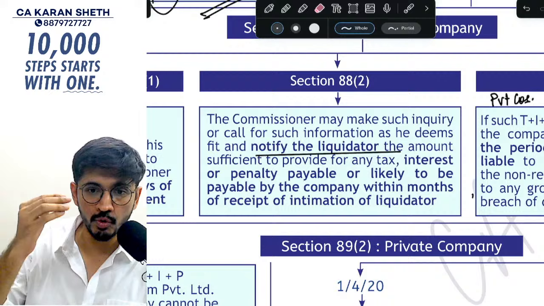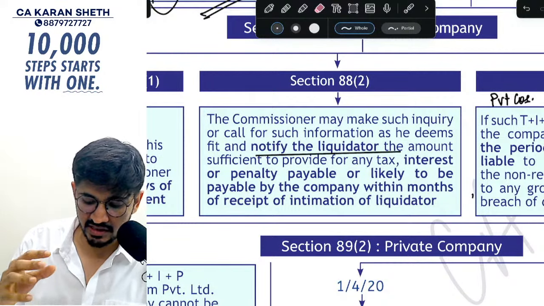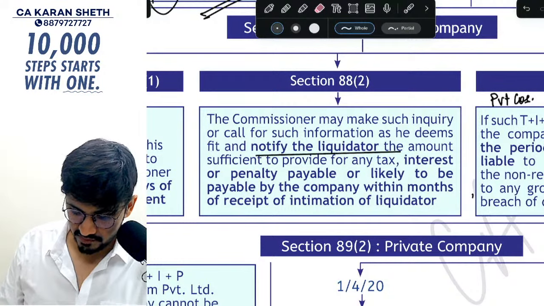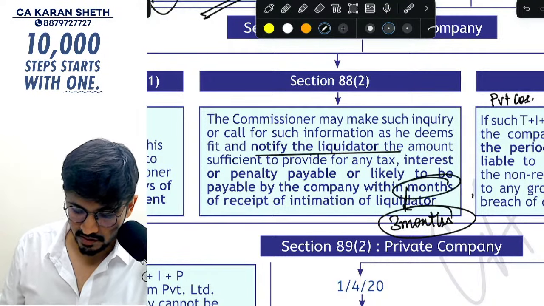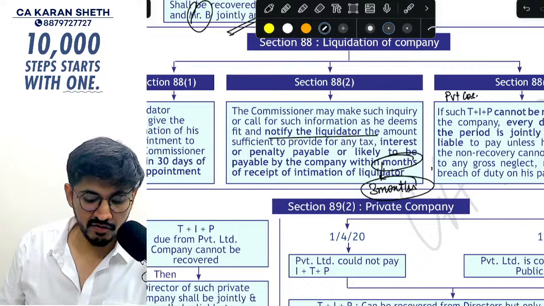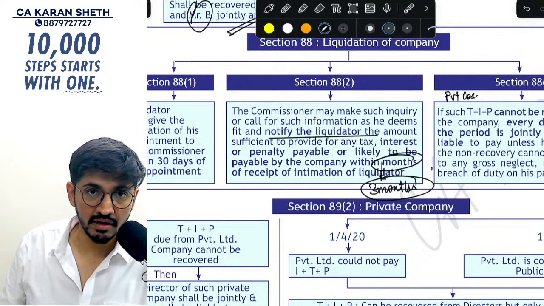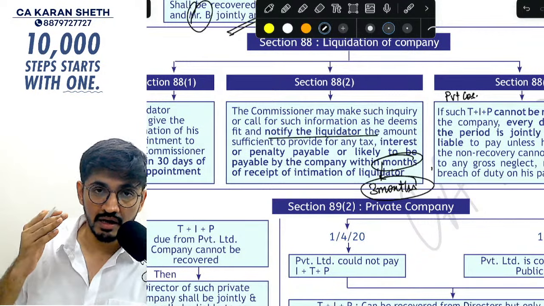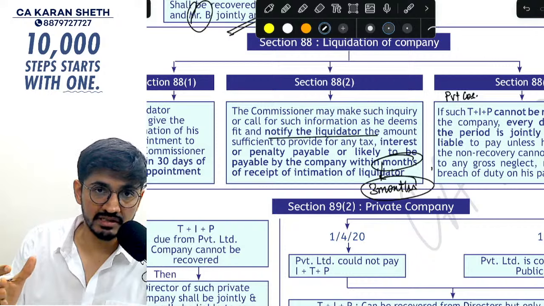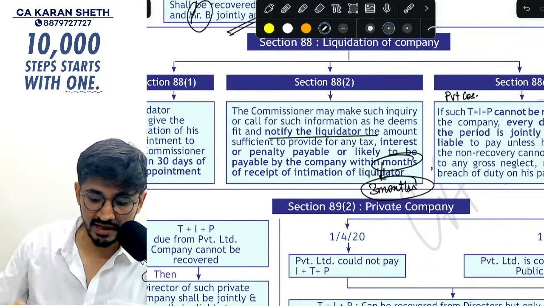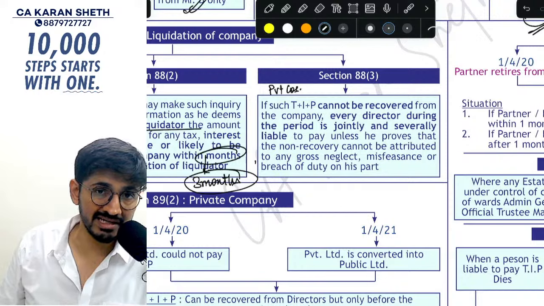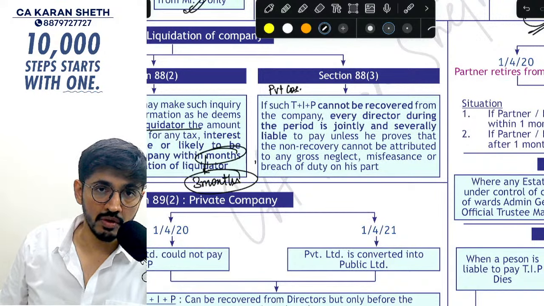The commissioner will then do an inquiry, call for information, and within 3 months, please jot down 3 months, very important, from the date of receipt of intimation of the liquidator, he shall communicate the amount to the liquidator that needs to be paid with respect to tax, interest, penalty,